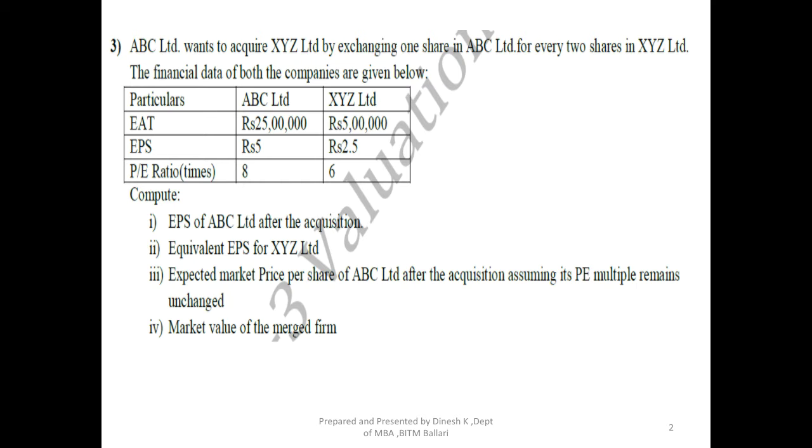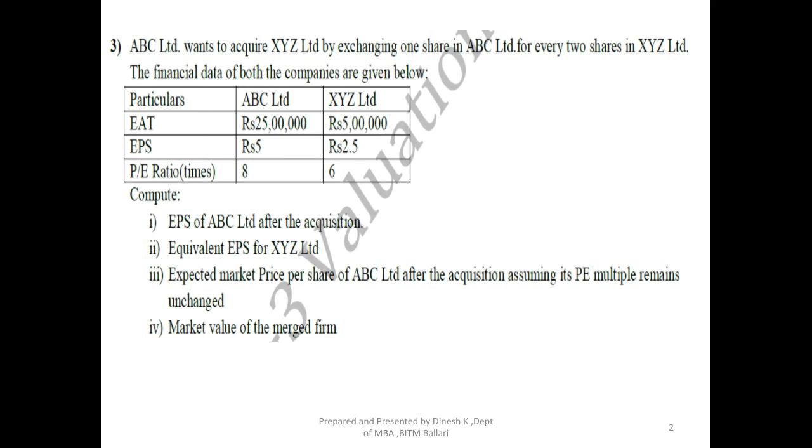So followed by profit after tax or earnings after tax. EAT stands for earnings after tax. Then EPS followed by P/E ratio has been given to you. This is the new additional information given, the P/E ratio. Fine, what it is asking you to calculate is the EPS of ABC Limited after the acquisition. So ABC Limited, the acquiring company, what is the earnings per share of the company after the merger, by taking into account the exchange ratio of 1 is to 0.5.